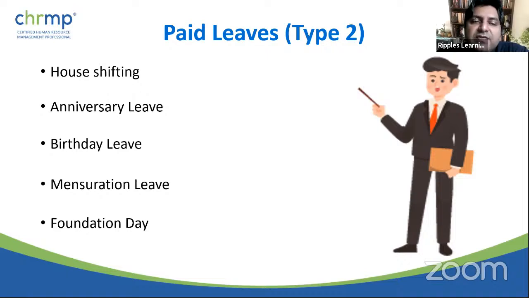Then you have anniversary leave, and then you have birthday leave, and then you have a new thing that has come in by one of the organizations called Zomato in India, which is menstruation leave for women, right? So when women have their periods, they can go about claiming an X number of days as leave, which is a very, very healthy practice. I think that's coming in, and it's about recognition, and it's about understanding the importance of this. And then a lot of organizations have what we call foundation day leave as well, right?